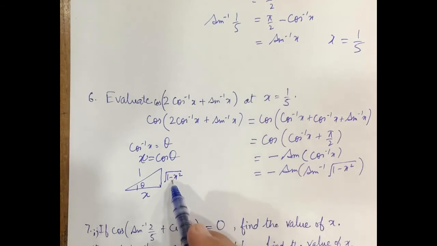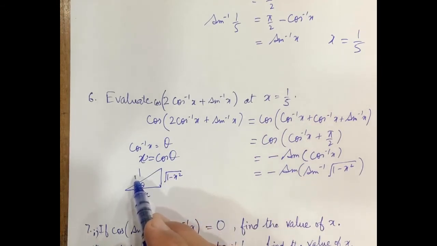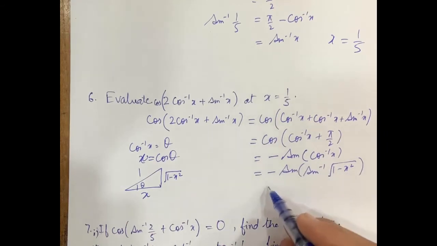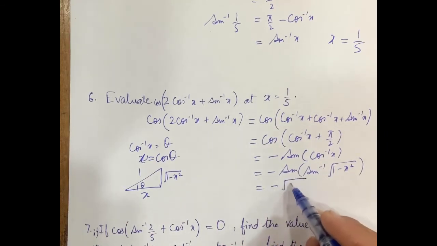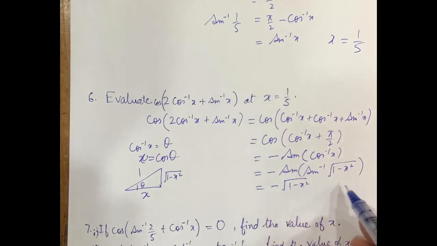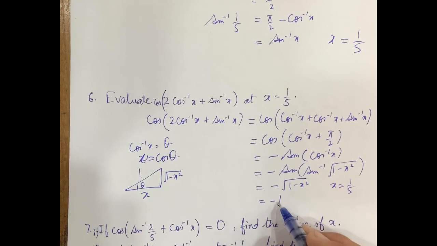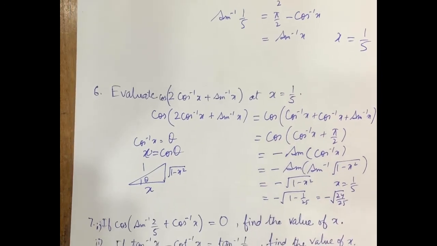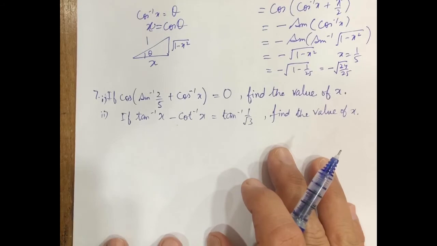Sin theta is root of 1 minus x square upon 1. Therefore, cos inverse of x is sin inverse of root 1 minus x square. This is minus root of 1 minus x square. Now put x equal to 1 by 5. This will be minus root of 1 minus 1 by 25, which is root of 24 upon 25. The next one,